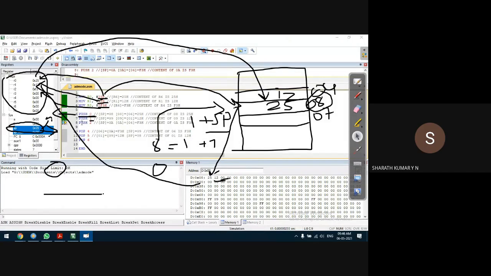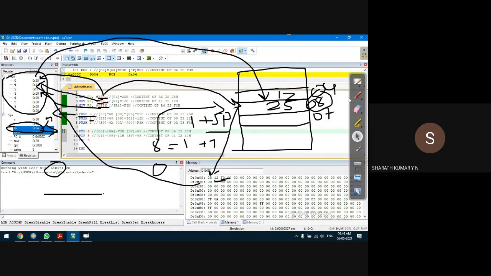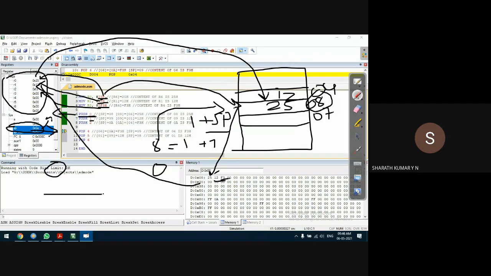On the next instruction execution with F11, we observe that the stack pointer is incremented by one, and points to location 0AH. To this location, the content of register R2, that is F3H, is copied.